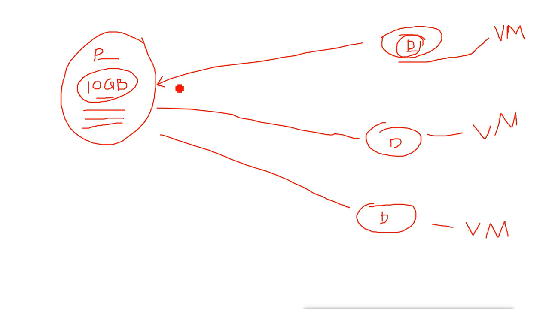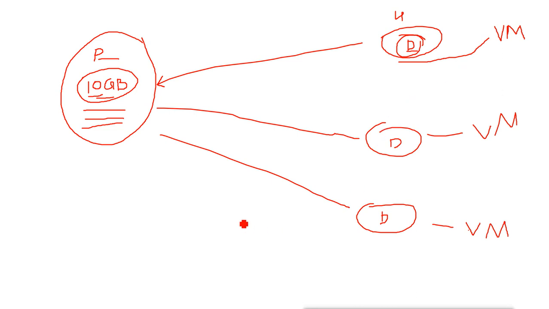And one more thing, this parent disk size is 10 GB, but this differentiating disk will not get the 10 GB. It will not use the whole 10 GB. It will use only suppose 4 MB, 5 MB, 400 MB, because it is only having the changes, nothing else. So the main configuration will remain in this parent disk. So the size of the differentiating disk will be much less than this parent disk, because it is having only the changes.